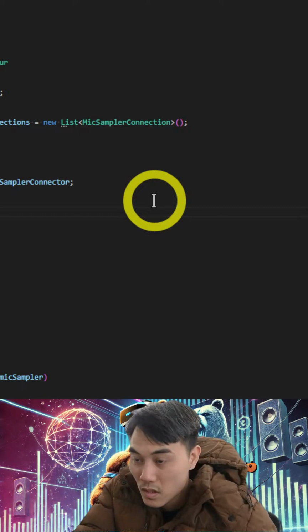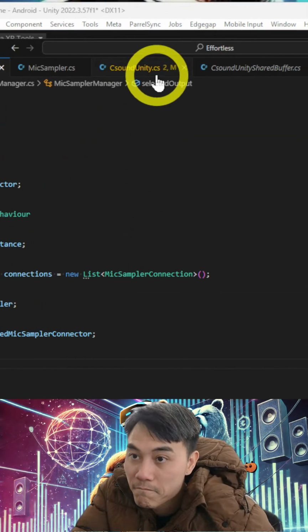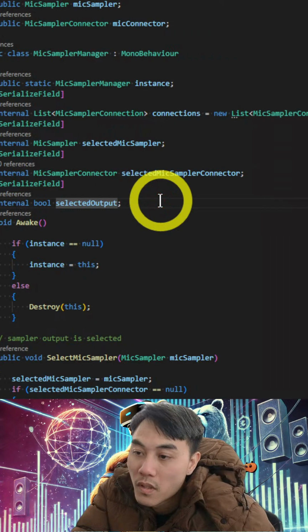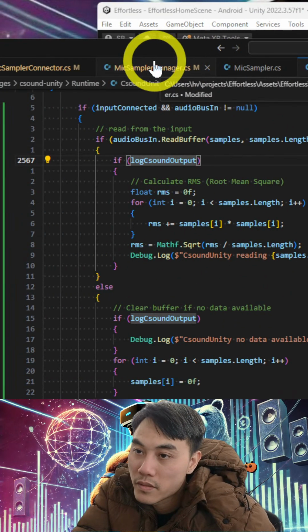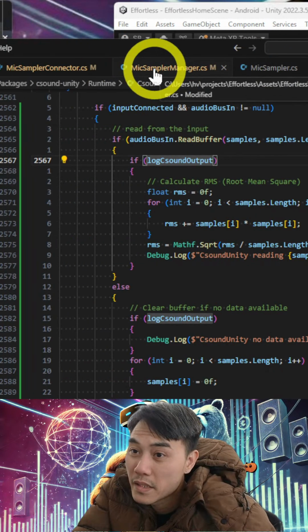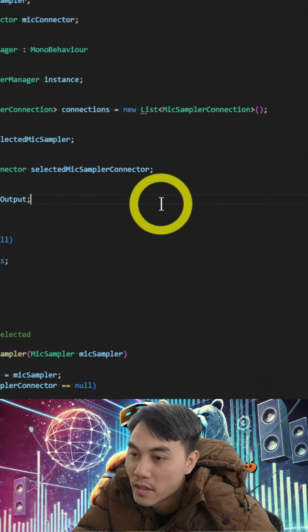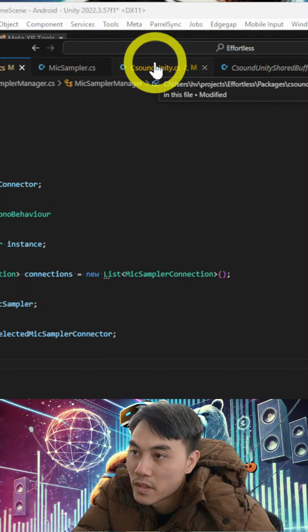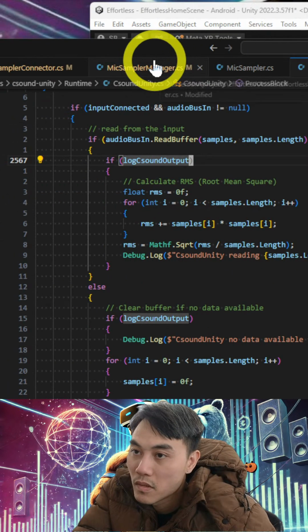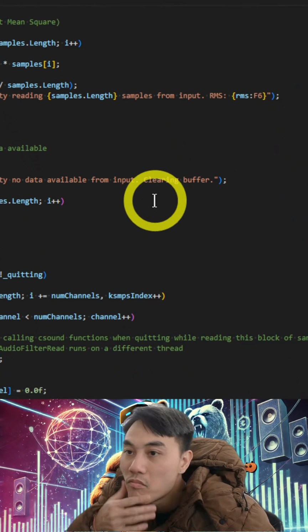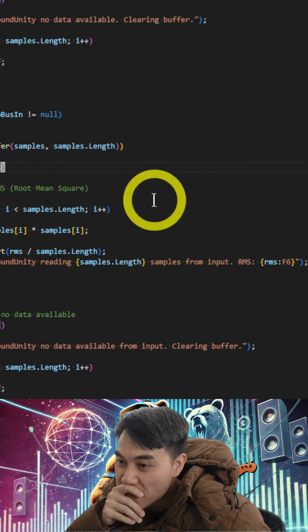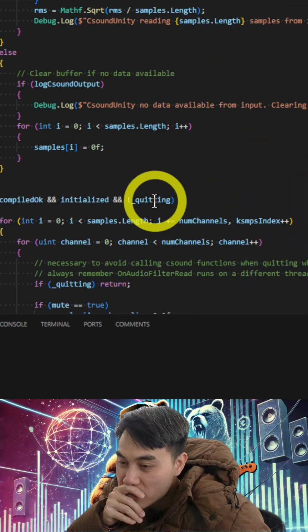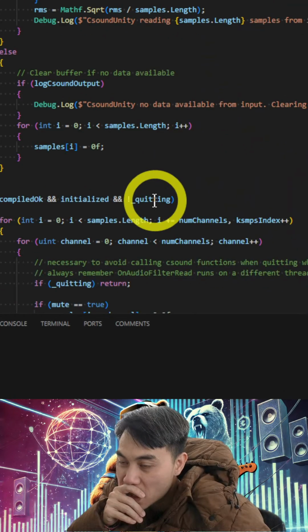I don't know. Because the output, maybe it is its own UD, maybe it is something else. Maybe it's the mic. But anyway, it will have the